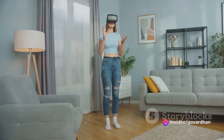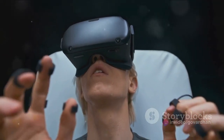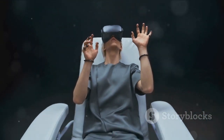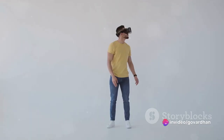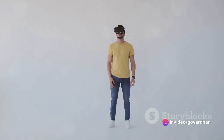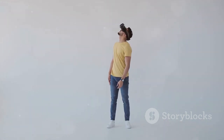Now, how does virtual reality work? It's an amalgamation of hardware and software that simulates a realistic 3D environment. The hardware includes a headset or display, motion controllers, and sensors that track the user's movements and gestures in real time. The software creates a digital environment using computer-generated graphics, audio, and other sensory inputs to simulate a fully immersive